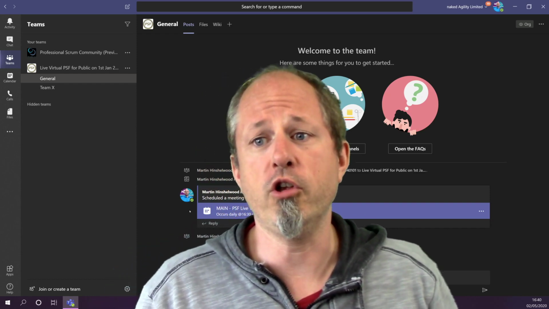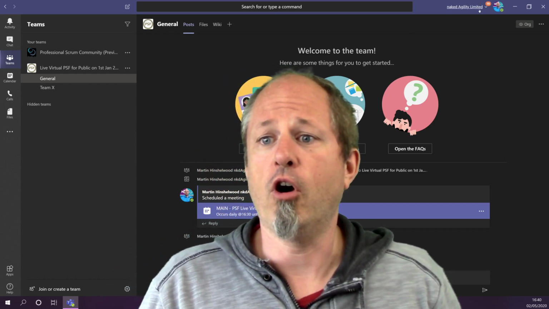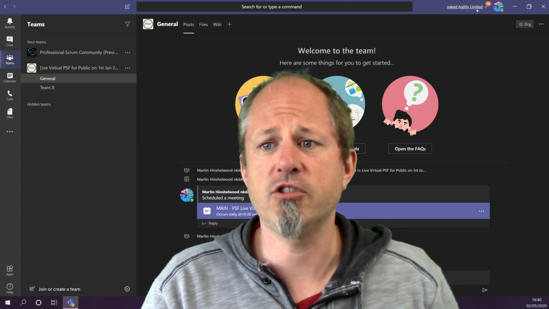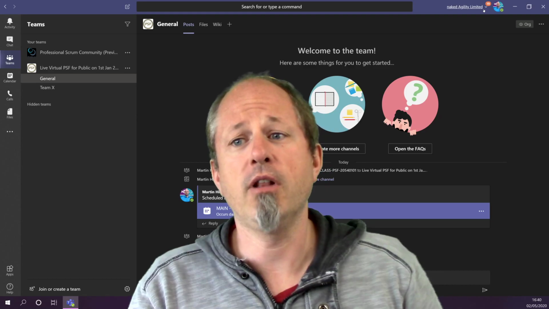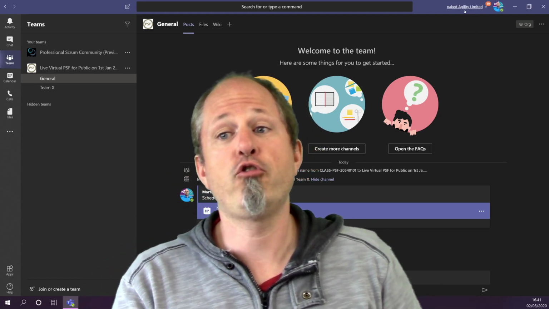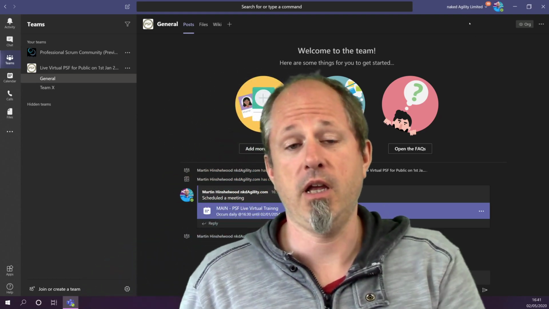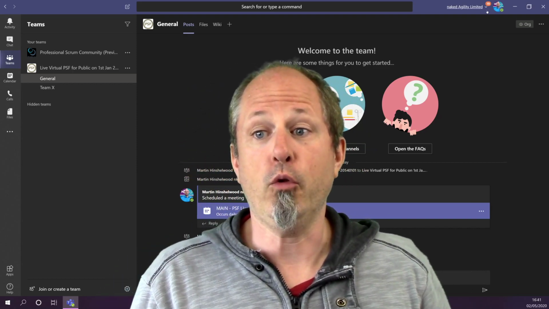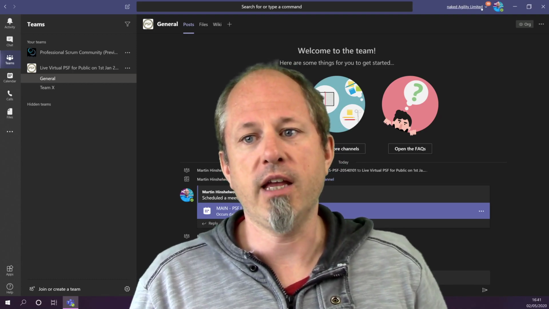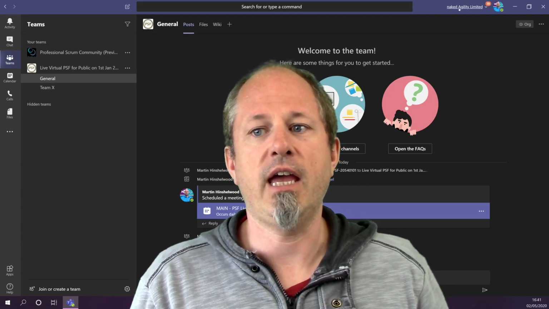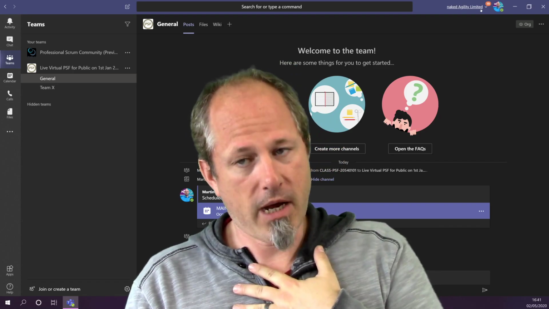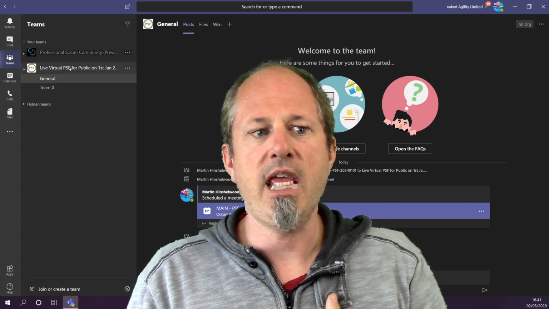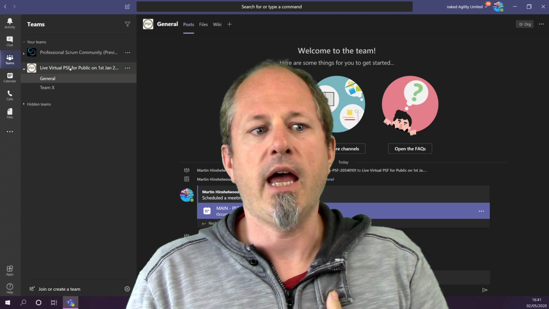What you want to do when you come into Teams is on the top right-hand side of Teams, next to your profile picture, there will be a little drop-down list, and it should say your company name if you normally log into Teams with your company. You should change that drop-down list so that it says Naked Agility Limited. That's my company. And once you've done that, you'll see